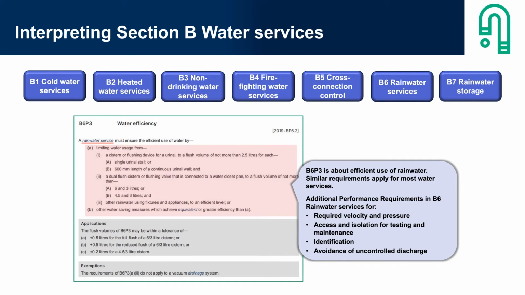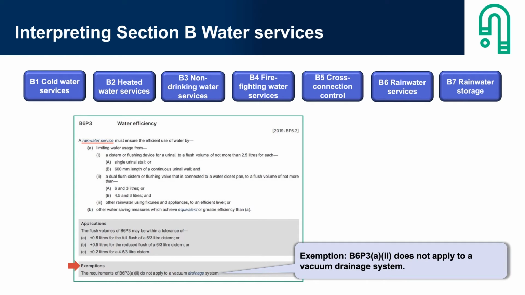B6P3 is about efficient use of rainwater. Similar requirements apply for most water services. Additional performance requirements in B6 rainwater services cover required velocity and pressure, access and isolation for testing and maintenance, identification, and avoidance of uncontrolled discharge. Exemption: